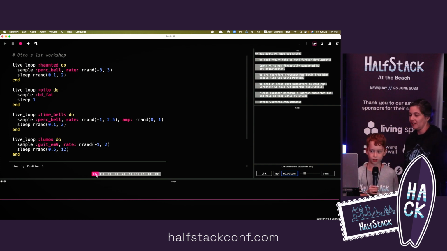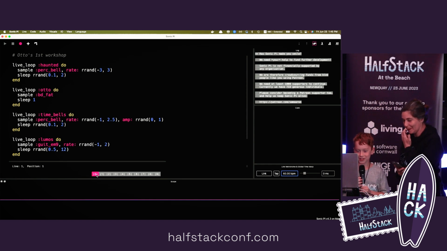Can you explain a little bit what it does? Because people don't know what a live loop is, for example. So a live loop is just what it says. It's a live loop of all the stuff you put in it. And basically I've named all of them kind of interesting names. You'll see in the next thing. And in the samples, I was going through all of them, finding some that I like, going through the perc bells, asking Mina what she recommends trying out.